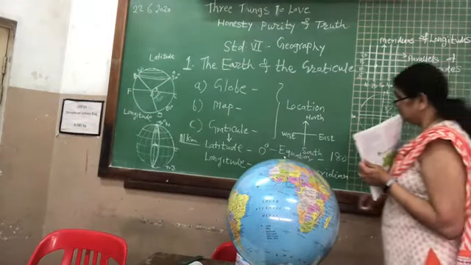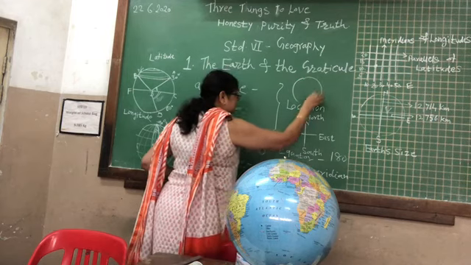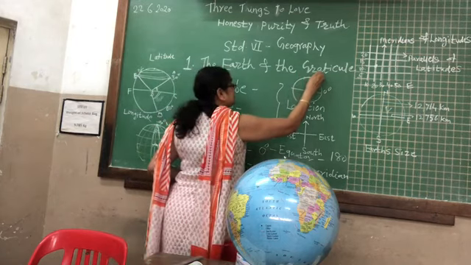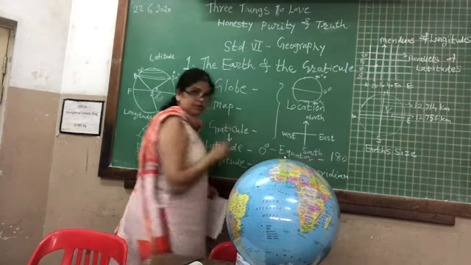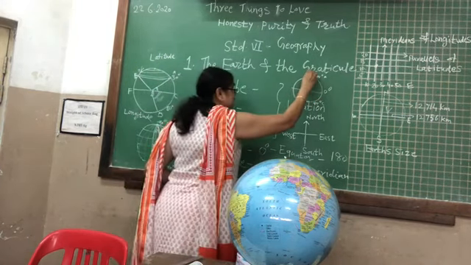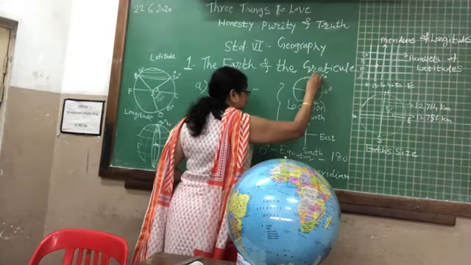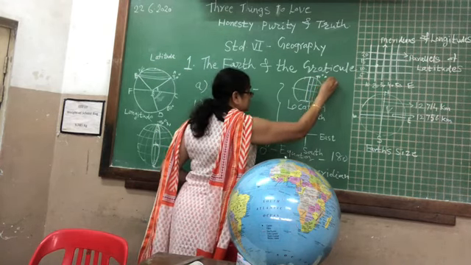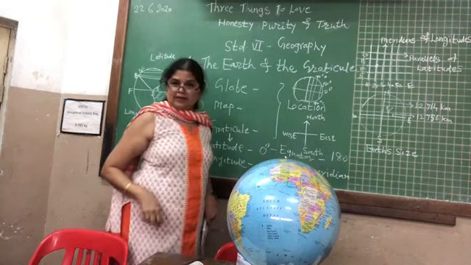After 0, please remember, in the vertical line, suppose this is 0 degrees, we say this is the equator. Here I get 90 degrees north and here I get 90 degrees south. Now if I take this as my 0 degrees meridian, I will get 180 over here. So here I get 10, here 20, and here I get the 180 degrees meridian.